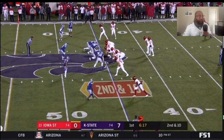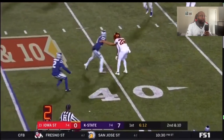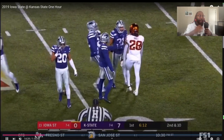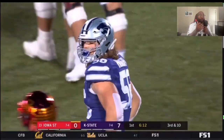So what happens here when they finally get that 2nd and long, Iowa State doesn't run the ball. They actually get some good penetration up front. It ends up being an incomplete pass. Also, yes, that's how long ago this was. This is Breece Hall in an Iowa State uniform. That's now step 2 of that complete for a disciple of the Tampa 2 defense and for what Scottie Hazelton